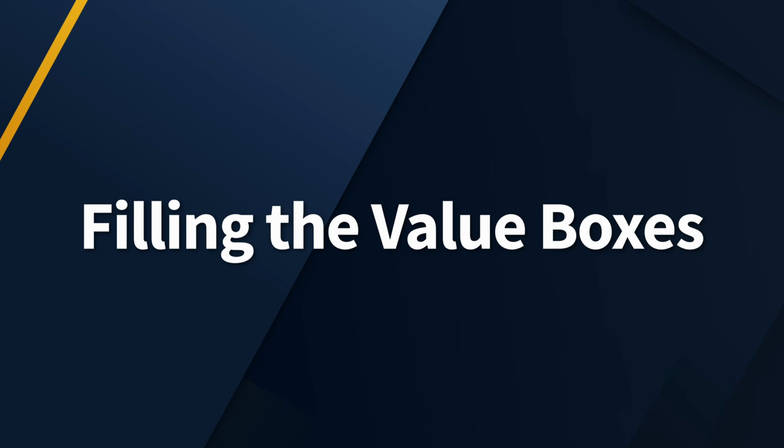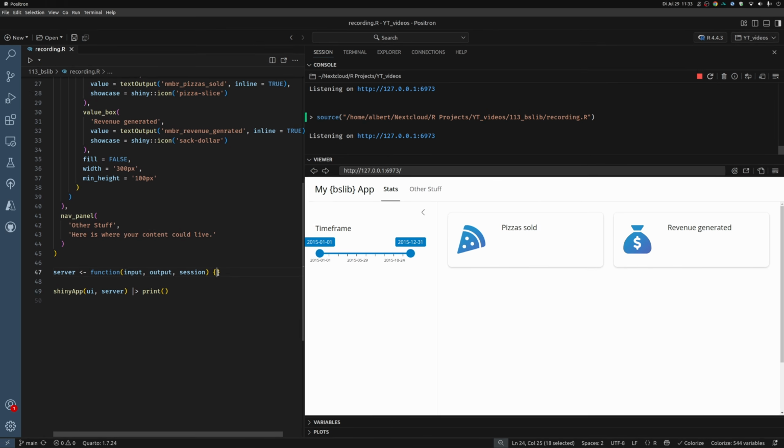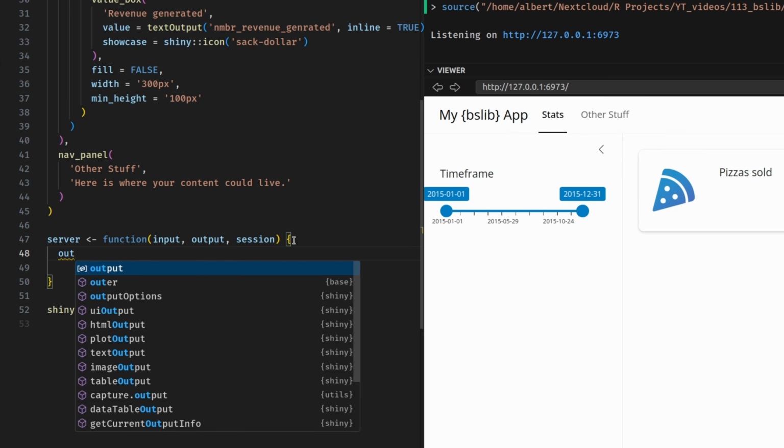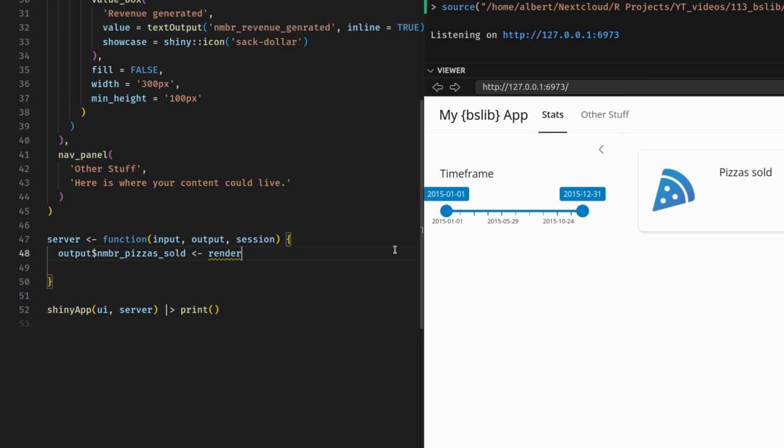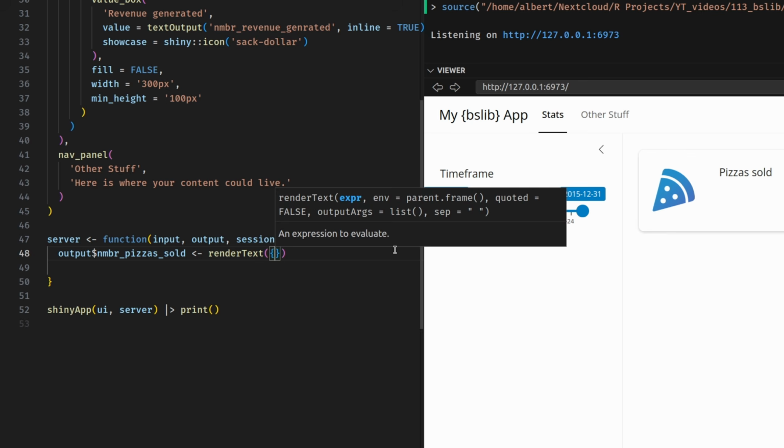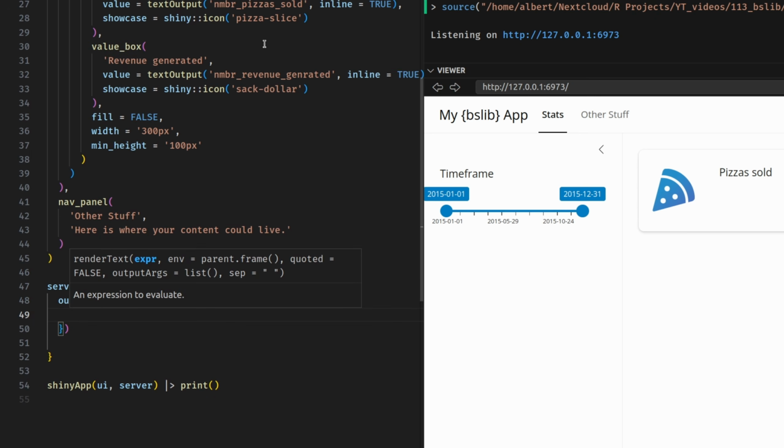All right, so now you understand how to create the value boxes, but they are still empty, which isn't nice. So we should probably render something on the server side to get some values into these value boxes, and there we'll combine the scales package with what Shiny already gives you. We scroll down to our server, we can specify the output for the ID number pizza sold, and in there we can stick in a render text function